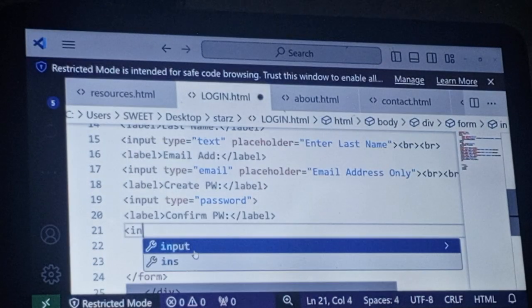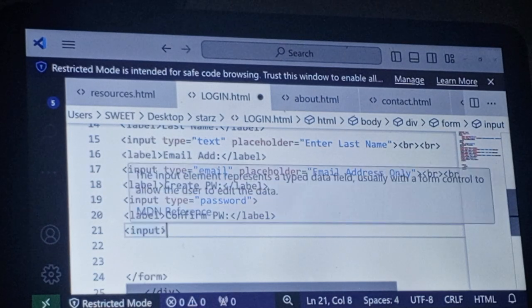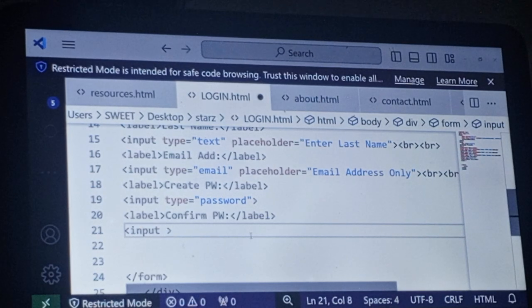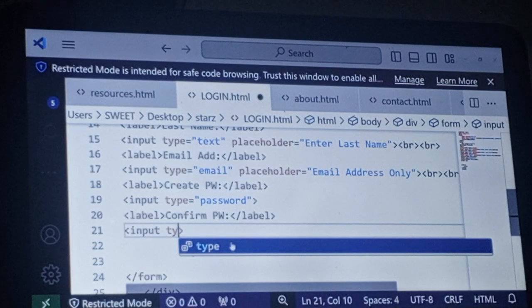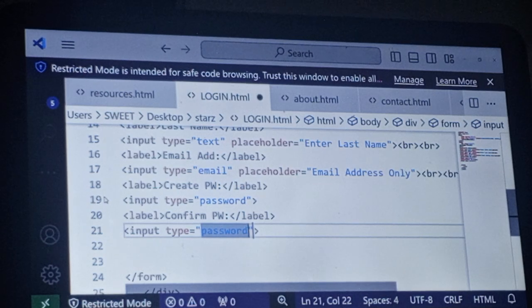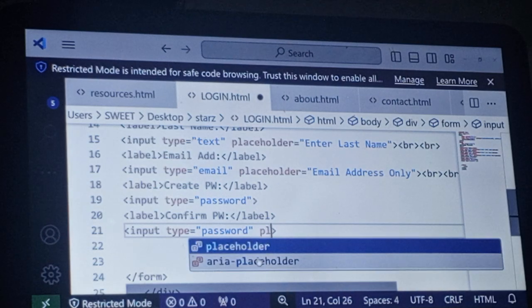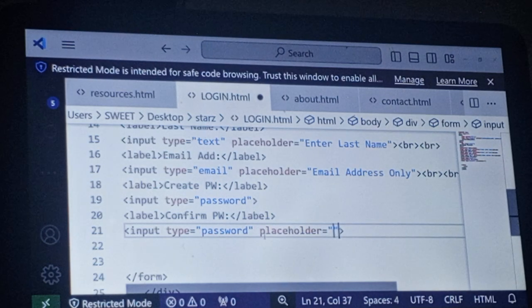And another input. So within this input, we're going to allow the users to create, but this is where we'll put placeholder name so that we can tell the person, if they create password, they must confirm the password. So we'll say type password. If the type is password, I put placeholder,